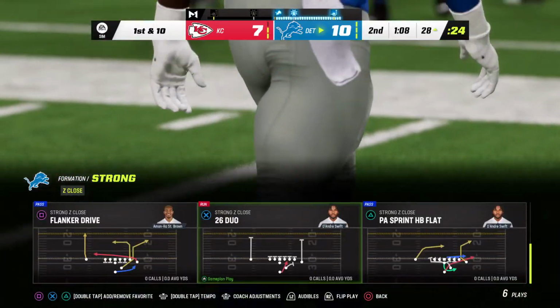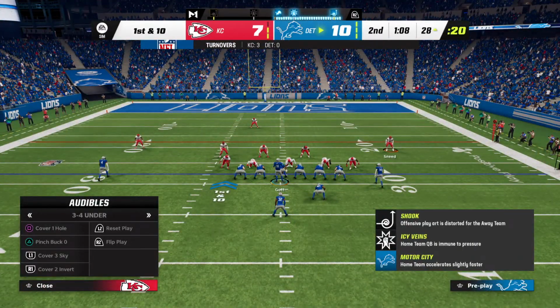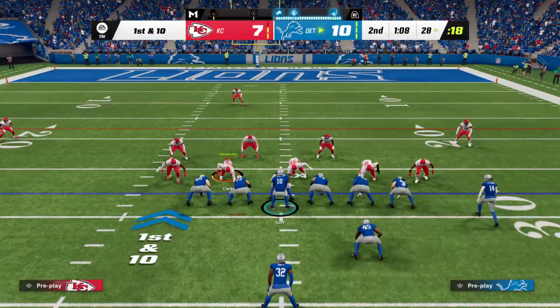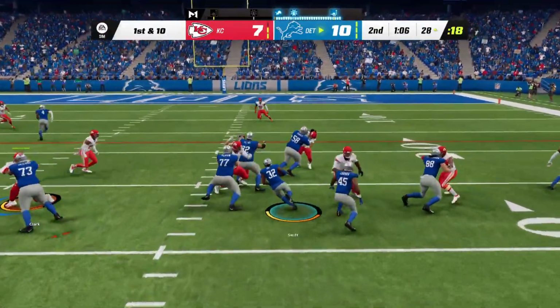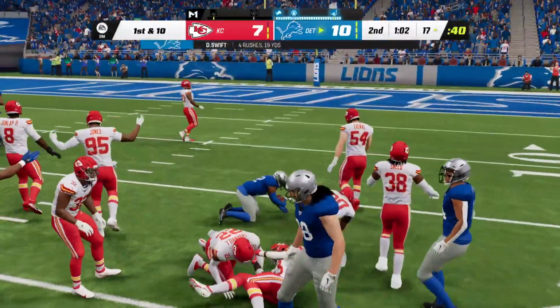So here come the Lions now. And now following that turnover, they've got an opportunity here to try to cash in with good field position before intermission. And inside the 20 before he's brought